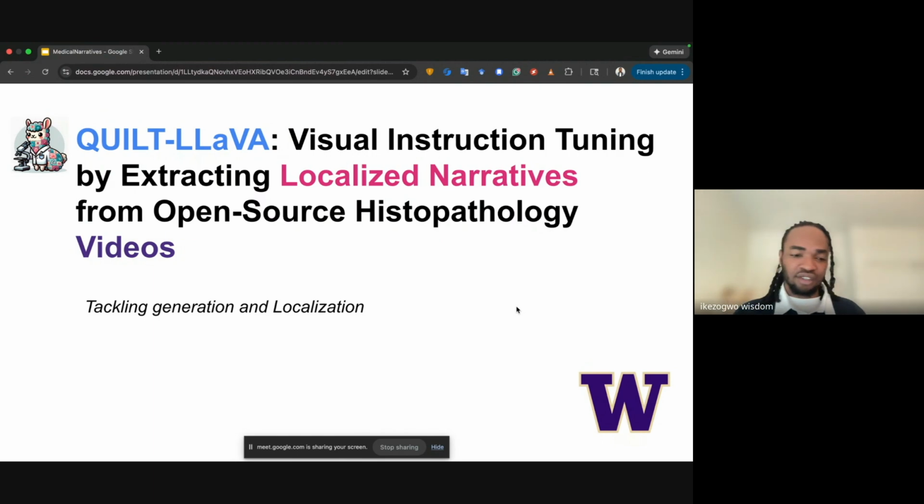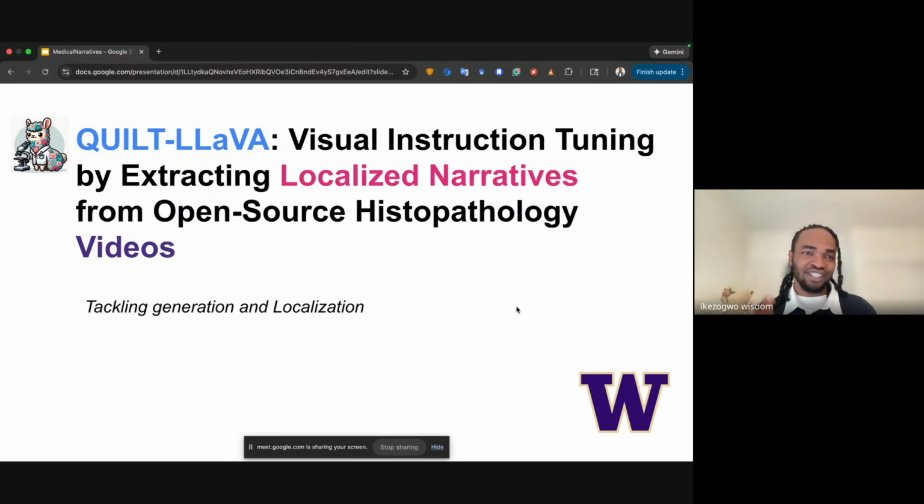Just a backstory to ground the timing of the projects. While developing medical narratives, we prioritized the histopathology domain, as we already had stable chunks from the first work, Quilt 1M. And so we leveraged the narratives to work on Quilt Lava and released it even before Medical Narratives.